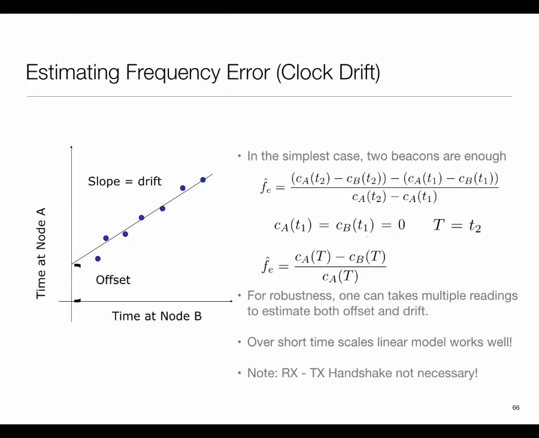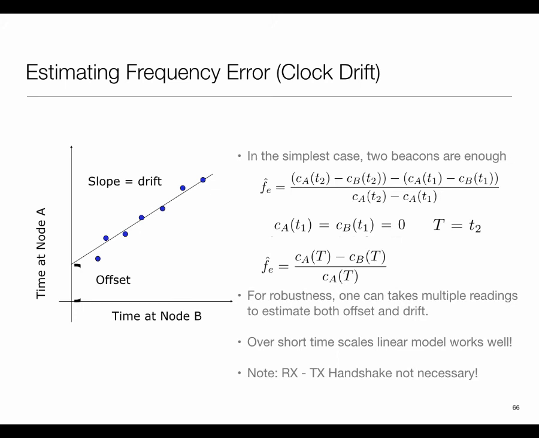Then the next part is that a lot of these things are affected by the clock drift changing over time. I mentioned that I can do timestamping, so I can do short-term clock modeling using a linear estimator. But over a longer time duration, the drift itself changes. So what schemes like FTSP and others do is take the offset measurements, and over a recent window of time, they maintain a model of the clock drift and project it out. Using this projection, you can decide when you should next